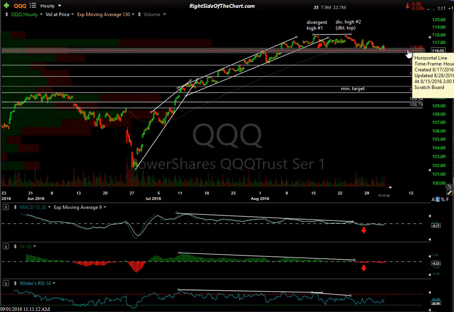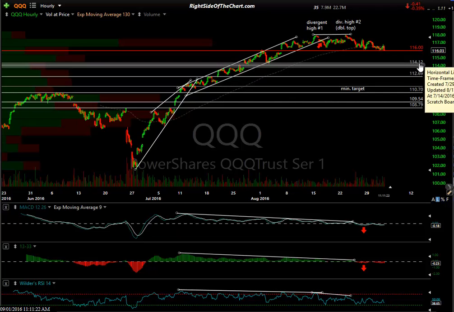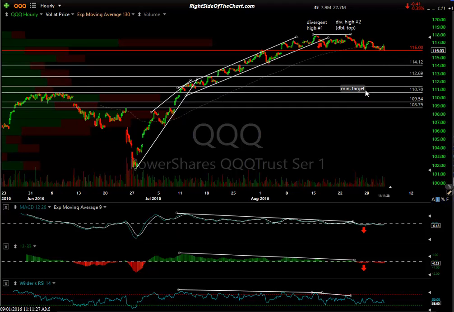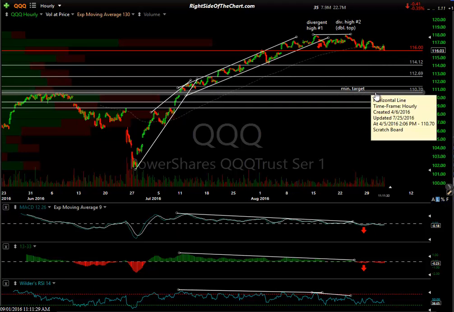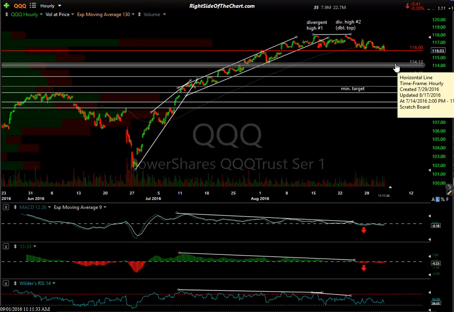Watch for what I mentioned, those impulsive breaks. As I said, my minimum target, each of these are levels. You've seen this in static form, this chart on the site. These are support levels where a reaction is likely. But I do think it'll probably bring us down here to this minimum target of 110.70 before all is said and done. And whether you want to cover, reduce positions there.